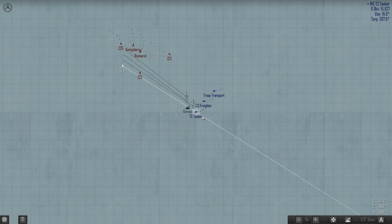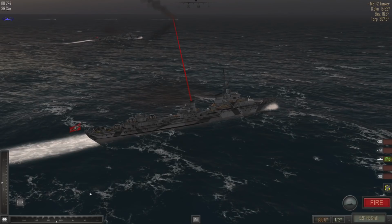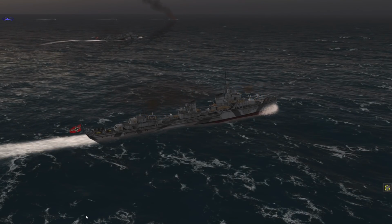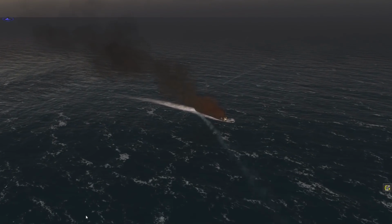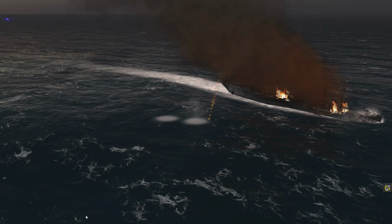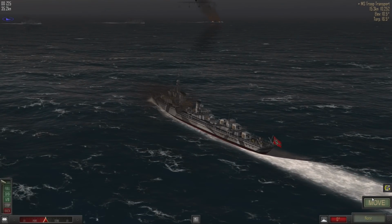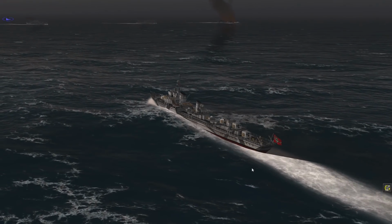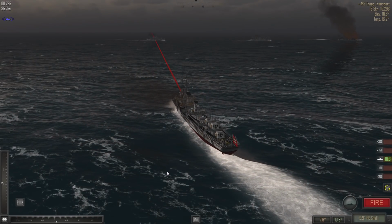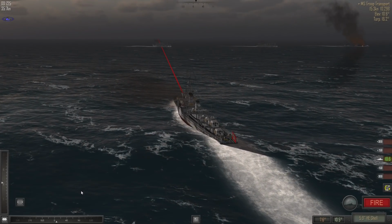17.3 last time was short. But they reckon it's less than that. I'm actually going to go 17.5. Got it. One hit. Oh no, she's still there. She's still there. I think that oil tanker's gone. It's just a matter of time. Has it gone? Nope, still there. 10.6. Yeah, that looks on the money. Looks on the money. Let's